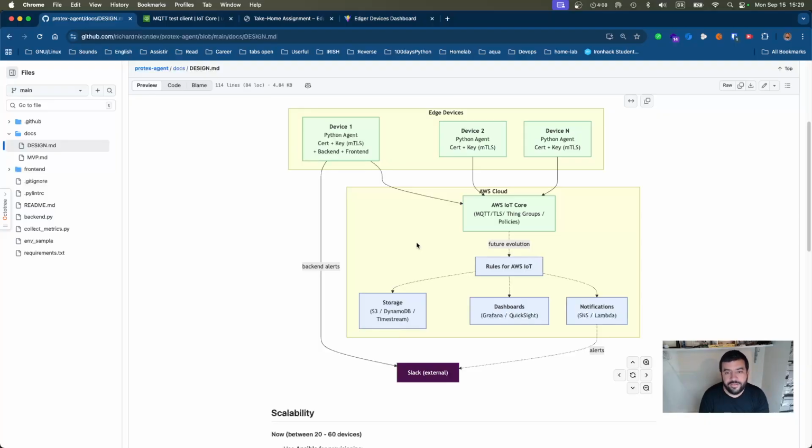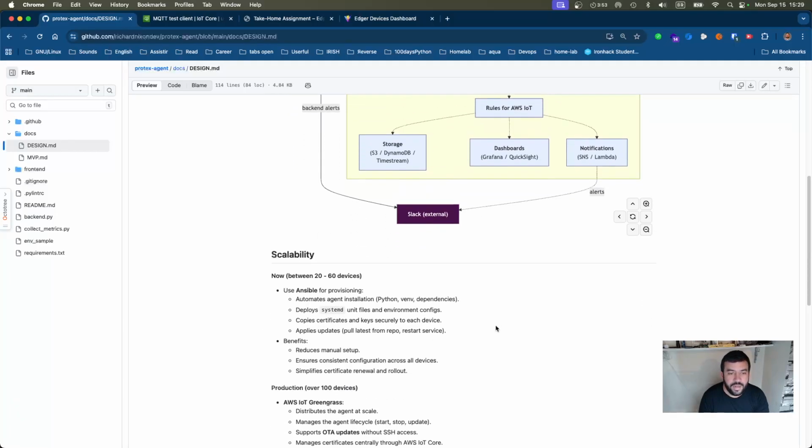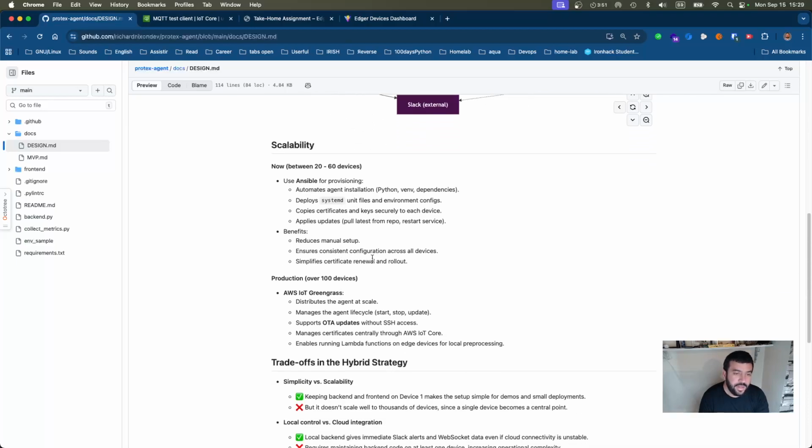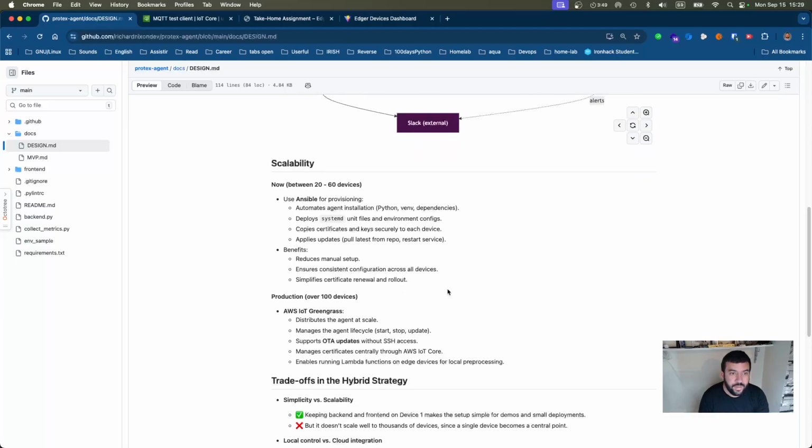There's no backend anymore, using notification services, could be SNS, Lambda, or whatever, to implement the notification for Slack. And here I have my opinion on how we would scale to more than hundreds of devices, for example. I think Greengrass is a better approach for that,